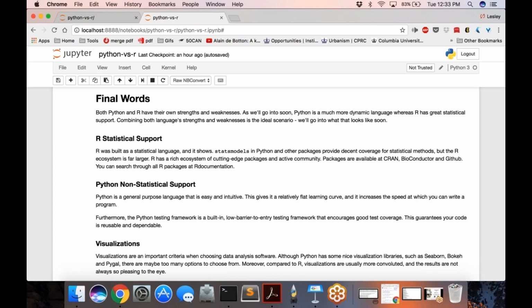And again, this is because most of the work that's being done in the open source community in R is specifically geared towards statistics. And again, as I mentioned before, Python is a more general purpose language, and because of that, the communities are more split, and there's just not as many tools built in for Python. In R, right, we have matrices, we have vectors, and we have data frames that are built into R, versus in Python, we actually have to utilize other modules for completing these sorts of tasks.